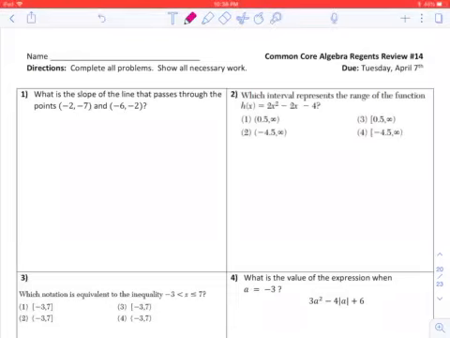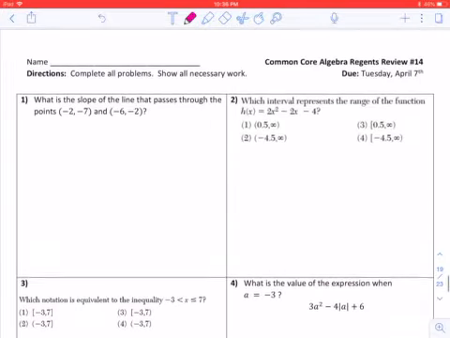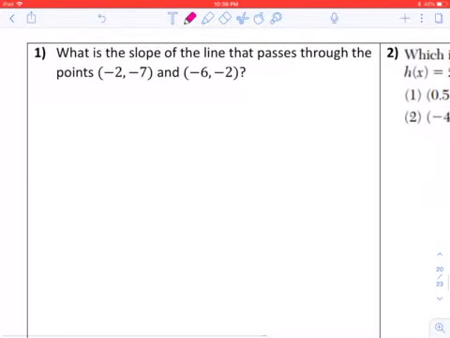Hi everybody, time for Regents Review number 14. This is a short one. There's only 5 questions here. There's no back. Number 1, what is the slope of the line that passes through the points -2, -7, and